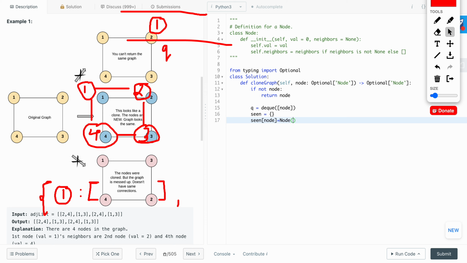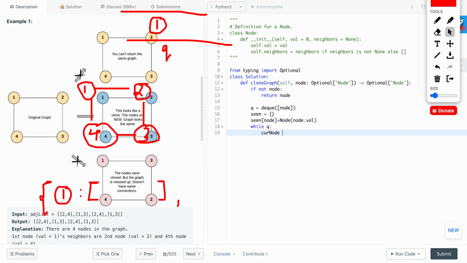This is how we do it in Python using the definition of the node's value. Now we'll start the processing in the deque, so while q is not empty,